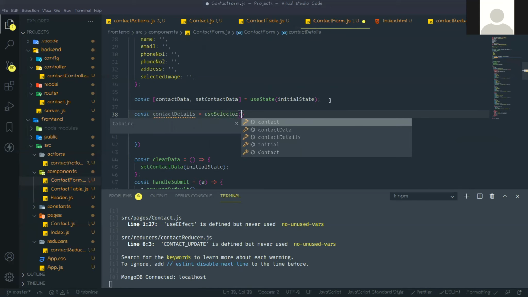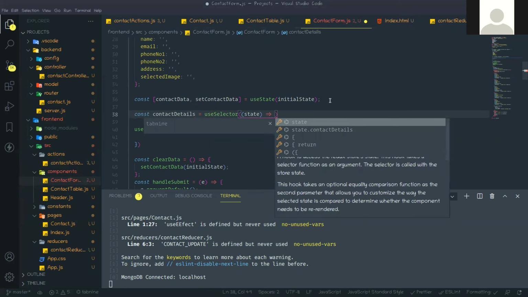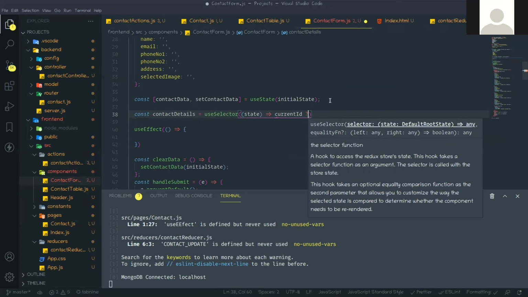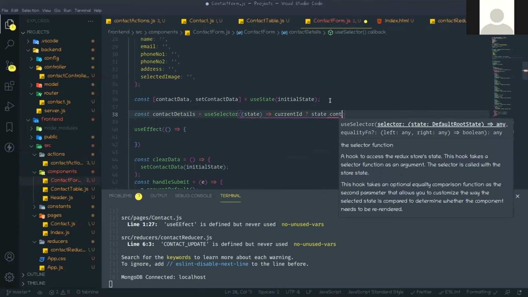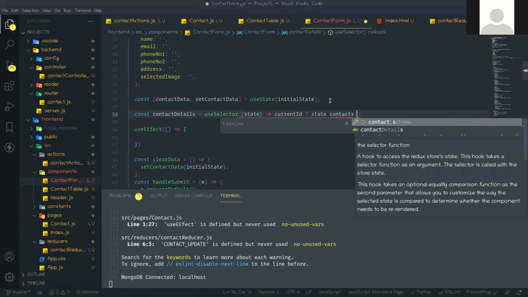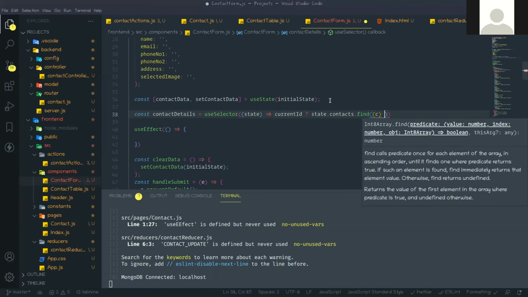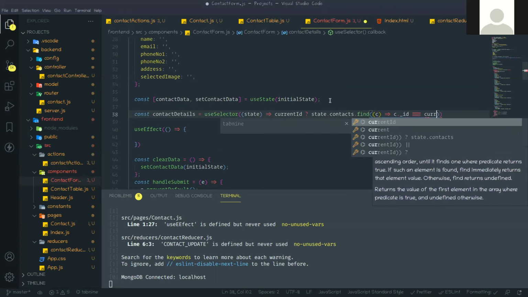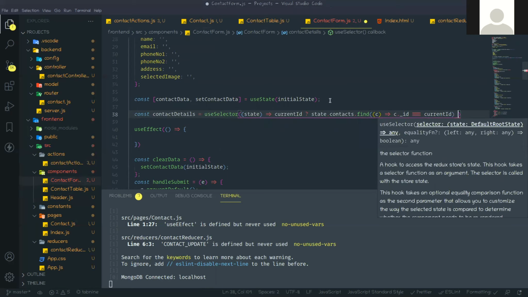In this use selector, state, then if the current ID is present, then state dot contacts dot find C, if C dot ID matches the current ID. We will take only the contact which matches the current ID. If not there, it will return none.